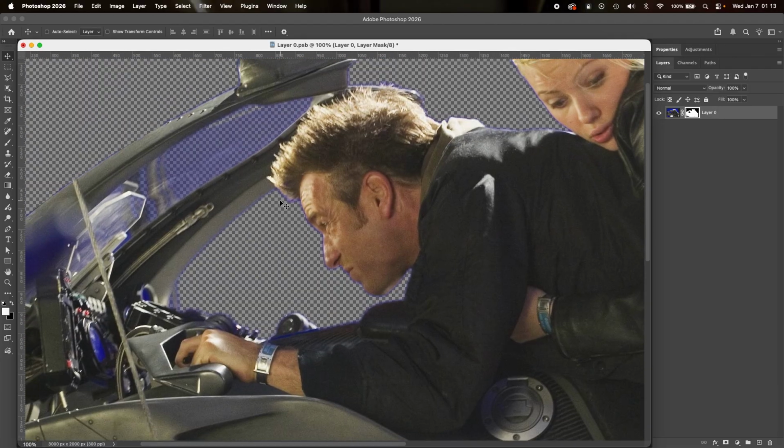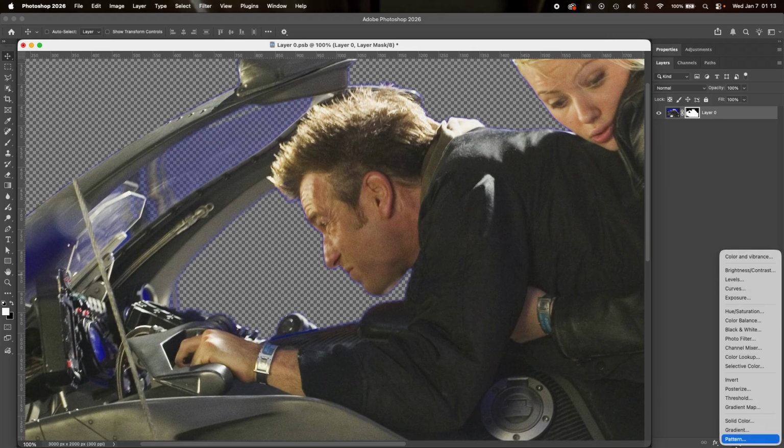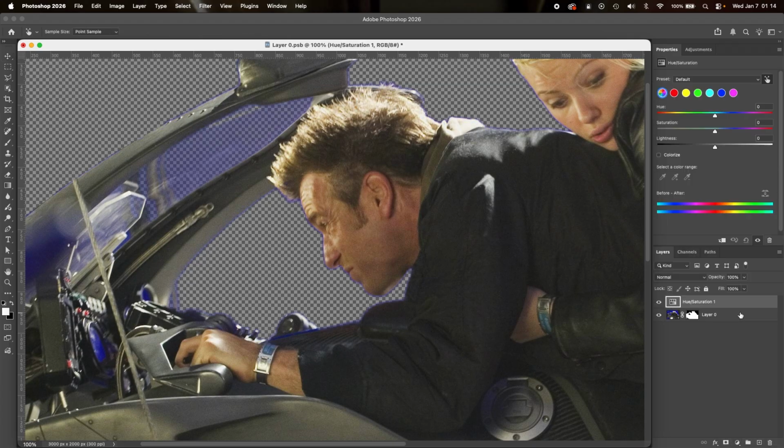And so part of a good composite is getting this edge to look as nice as possible. So we need to have some edge correction. We need to despill, or get this color out of the edge. Now, in a true video compositing program, there are specific tools for that. In Photoshop, though, here's what we'll do that is a good approximation. I'm going to come down to my adjustment layers, and I'm going to choose Hue/Saturation, which is not a